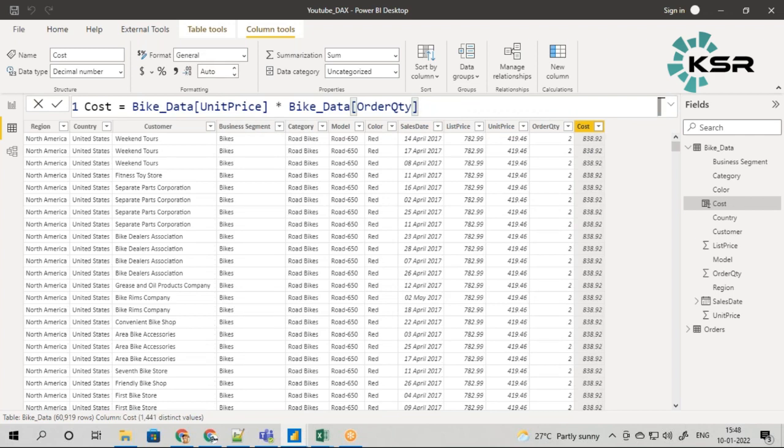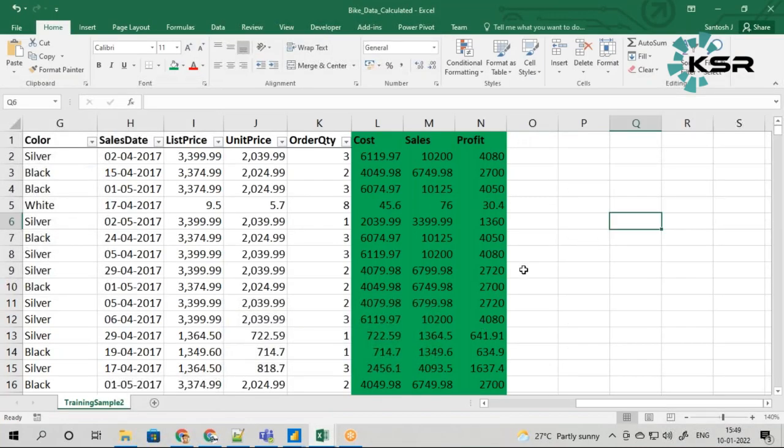I got the cost. Though the data was incomplete, I was still able to apply some functions and I was able to calculate cost. So this is the need of DAX functions. This is not the way you do it every time. When the data is incomplete, you cannot always bring it from Excel. So this is an overview of why DAX functions are required. As I said, try to understand the concept of why it is required. Put a question mark in your mind before learning anything, why it is required. That will create a clear picture in your mind.